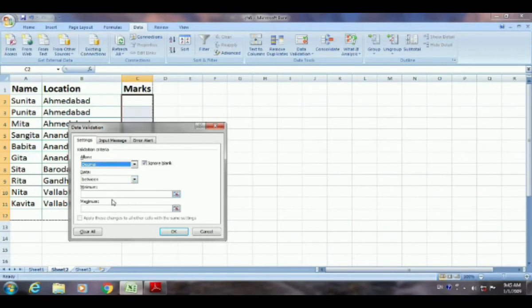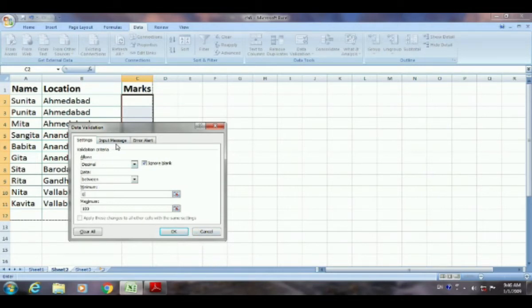Here you have to write the minimum and maximum number, that means the marks must be between 0 and 100. Users are not supposed to enter a minus value or more than 100. So that is 0 to 100.